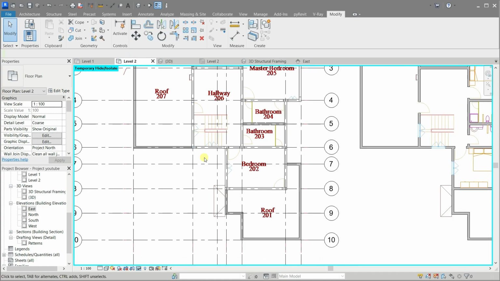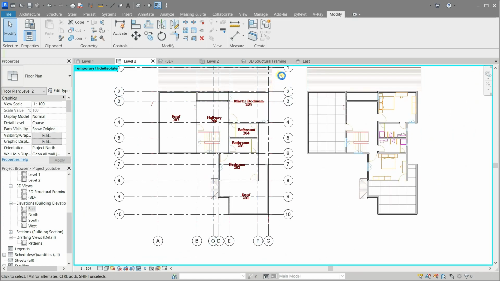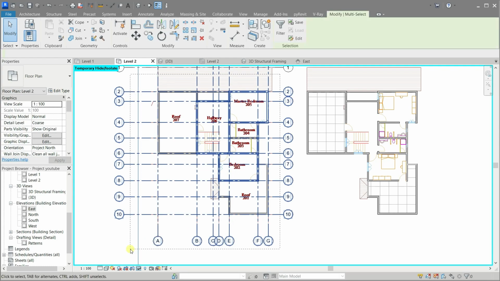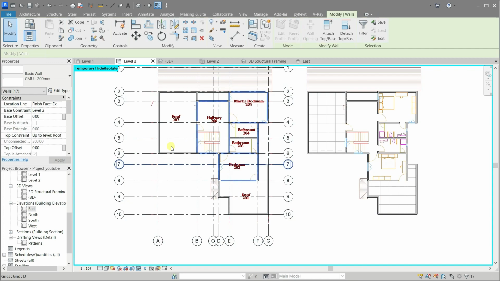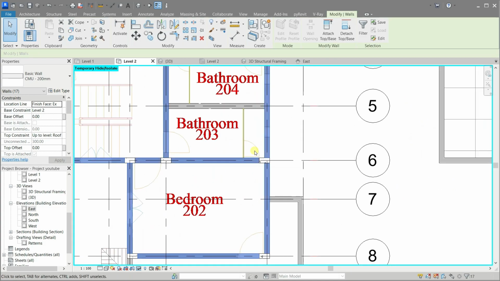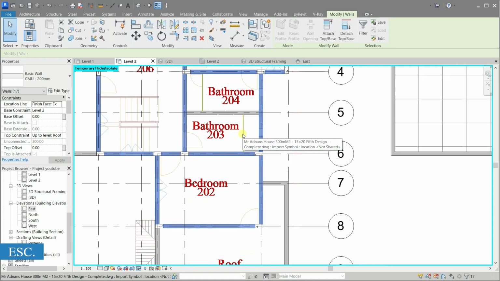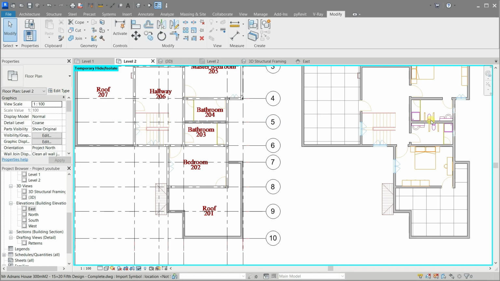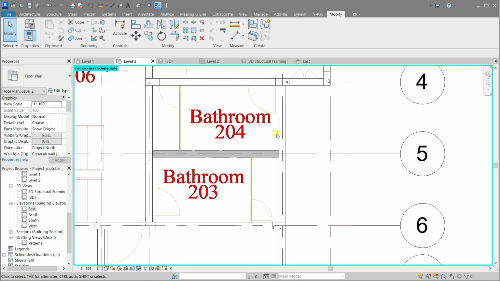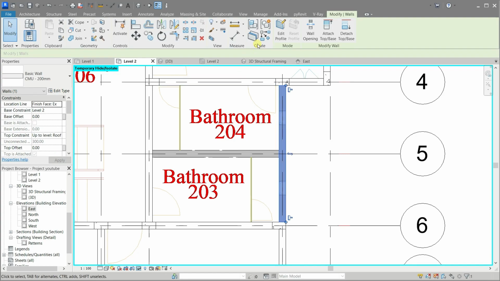Now in the same way, repeat the process with level 2 walls. Wait a minute, we are missing a wall in the bathroom area. Let's create it. Click any wall, then click the Create Similar tool.